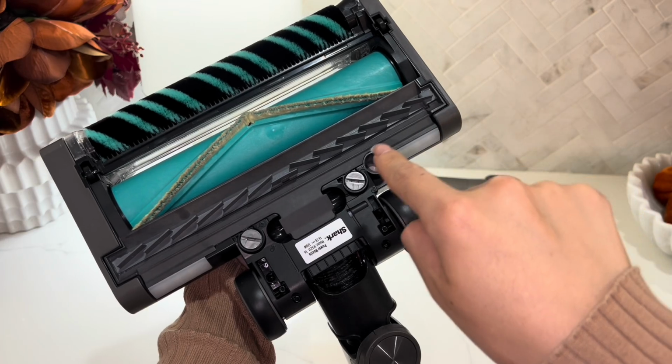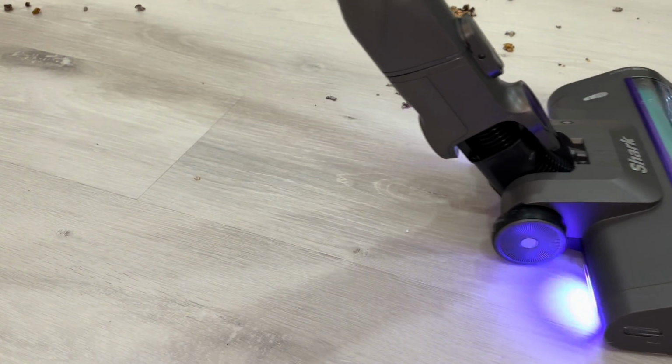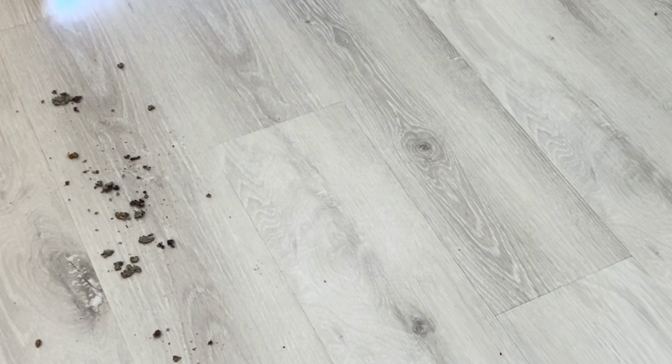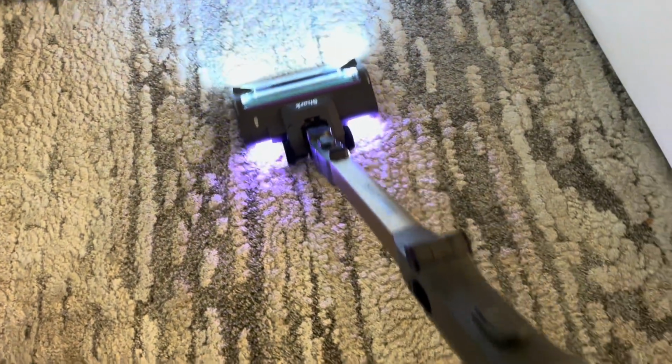By using an articulating rear squeegee in the nozzle, it's able to maintain a seal to the floor while allowing debris to pass into the nozzle. This allows you to vacuum both forward and reverse directions, unlike other vacuums. I've been able to vacuum my entire house with this on a single charge, as the battery lasts up to